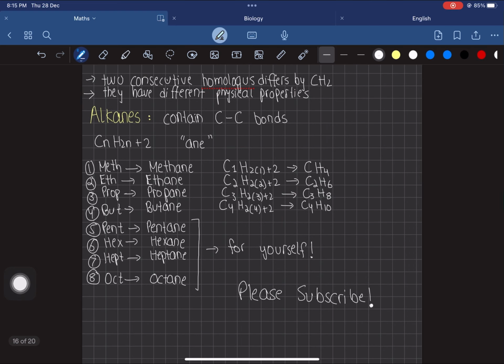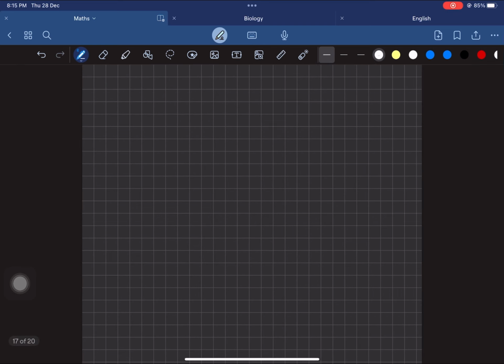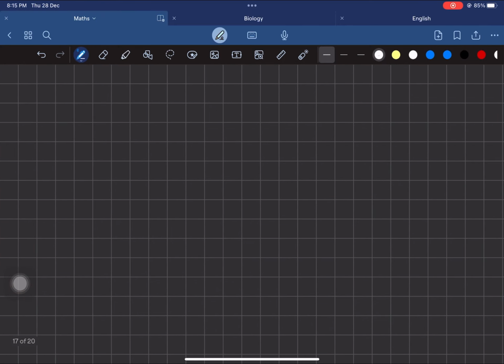Alkanes are hydrocarbons which contain only carbon and carbon bonds. We studied the general formula and how to find their molecular formula. If you tried these for yourself, that's absolutely great. Now let's move forward. As we know, alkanes,